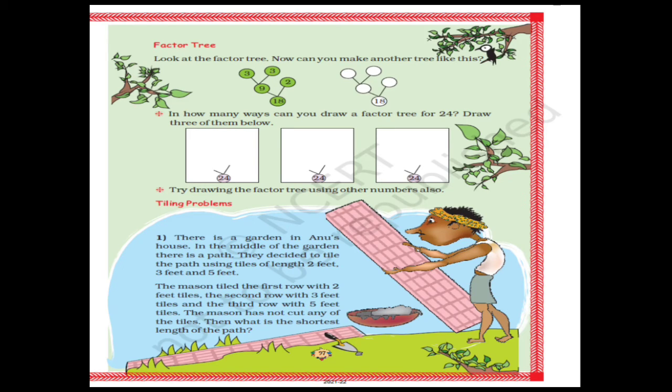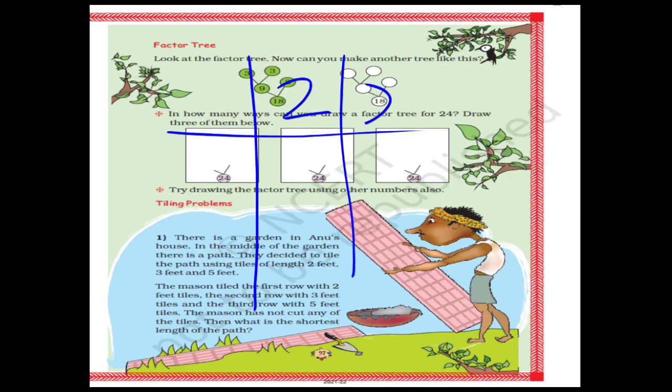How are we going to solve this? See, for this we have to do the LCM. We have to find the LCM. LCM means the lowest common multiple. So the lowest common multiple of 2, 3 and 5 will be, how will you find it? See, you can do this. You have to do prime factorization. This thing you will learn in higher standards, but for now I am just telling you.